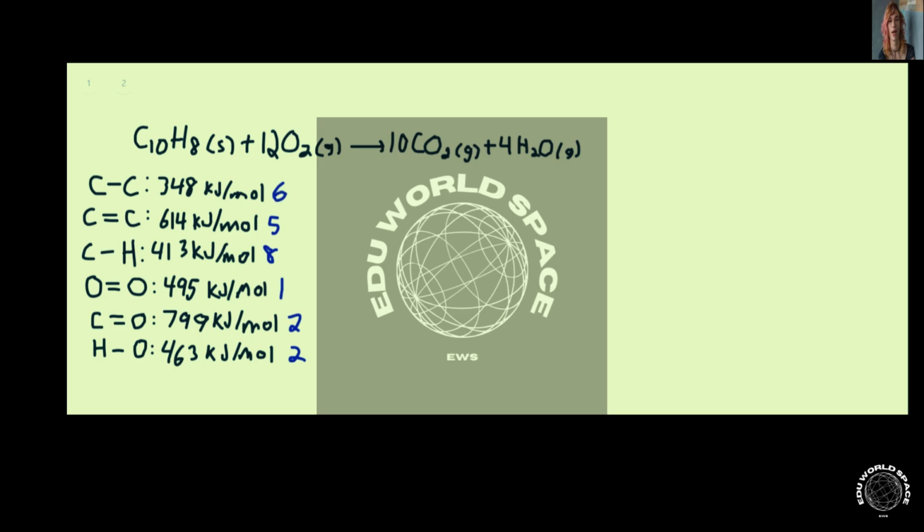All right, now we're going to use Hess's law. Delta H of reaction is equal to delta H of products minus delta H of reactants. So delta H, that's going to be 2 times 463, that's 4 times 2 times 463, because we do have to add the coefficient, plus 10 times 2 times 799